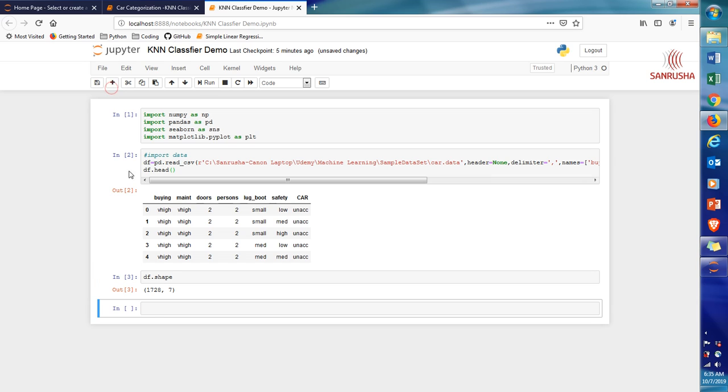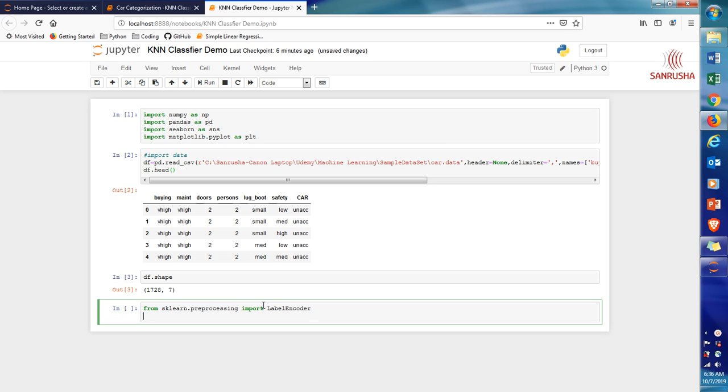So we are going to do label encoding. First we're going to import from sklearn dot preprocessing, import LabelEncoder, and then we are going to encode each of these fields. So df buying equal to, before that we have to create an instance of label encoder, right?